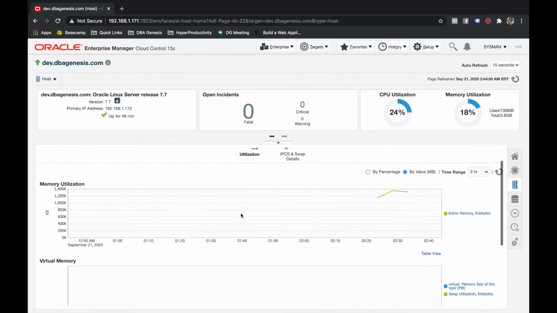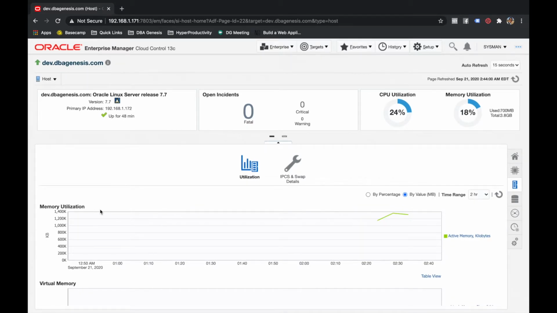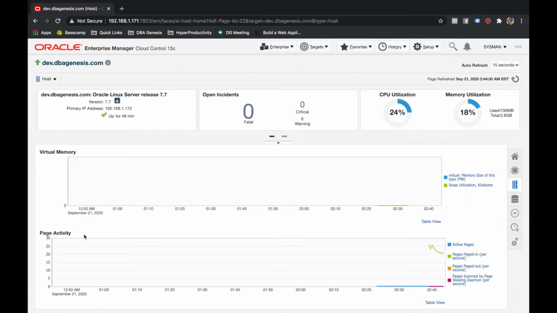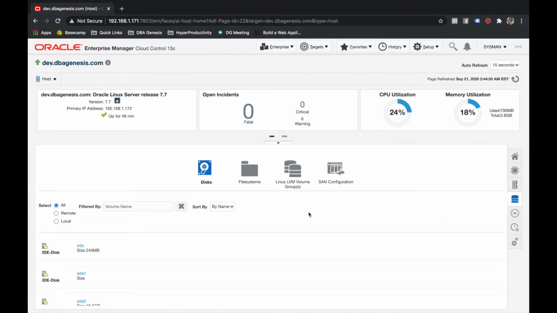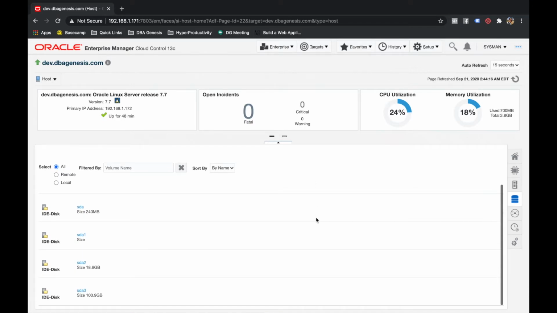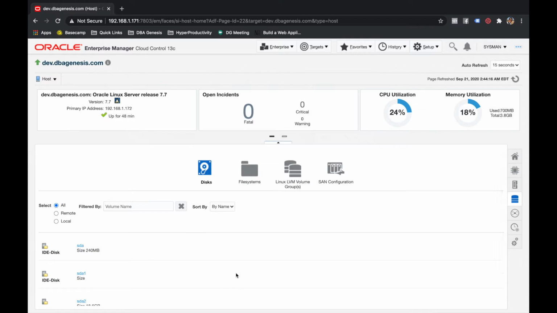Again, it gives you like more in-depth details like virtual memory, page activity and all. Next, it will give you the information about the file system, right? So all the file system on your target server, what is the size, what is the used percentage and all, it will give you all the information.